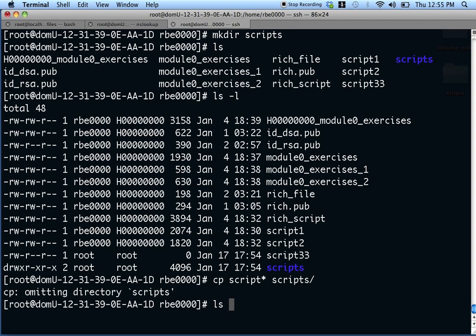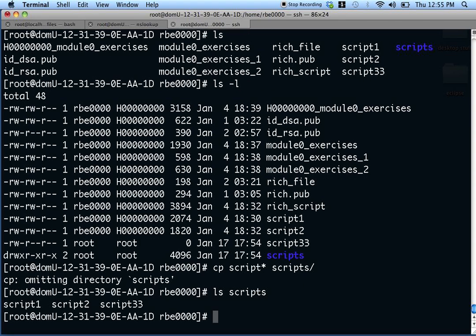So now if I do ls scripts, I have my scripts in my scripts directory. Another command we can use is the remove command. In this case I copied those scripts over to the scripts directory, so I don't want them in the current directory anymore. So I'm going to do remove script